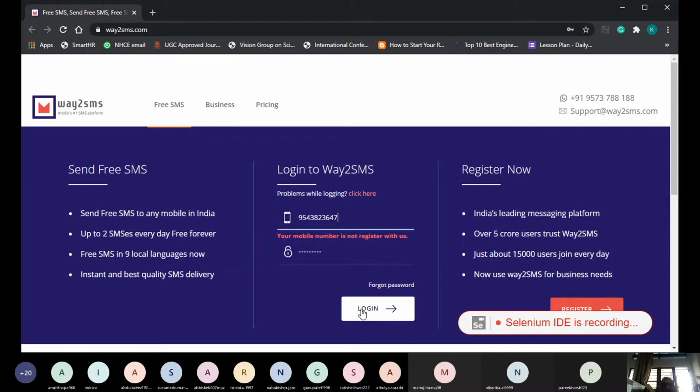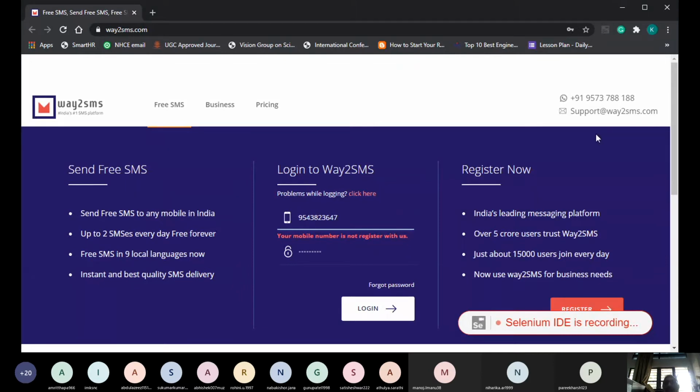See, immediately it is saying your mobile number is not registered with us, which means this is supposed to be a wrong username that someone is trying to enter with. If you give the right username and password, naturally you will be allowed to enter. Simple. So whatever I did, see, I did so many actions here. I opened that, I went here, here, here, again I went to this, then I waited for some time, then I entered some number, then I entered the password, a wrong password just to test, then I said login. So now all these things, Selenium IDE is recording.